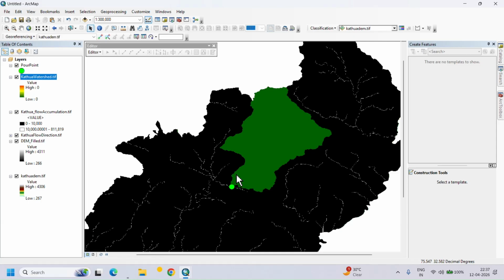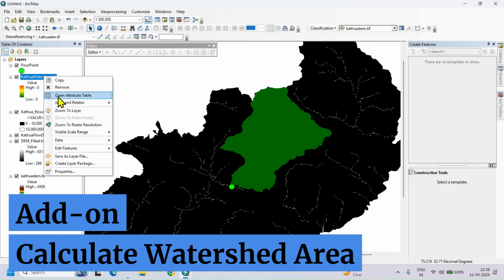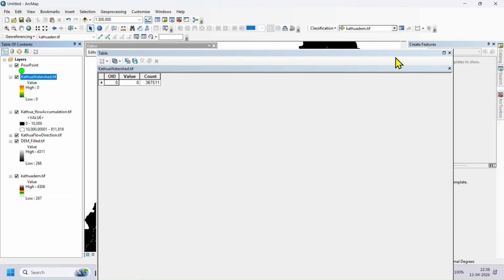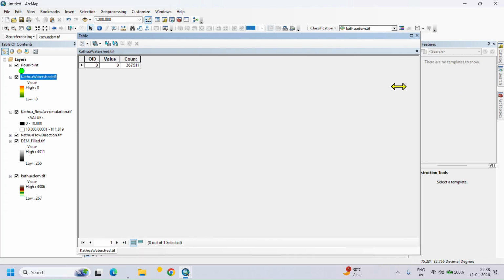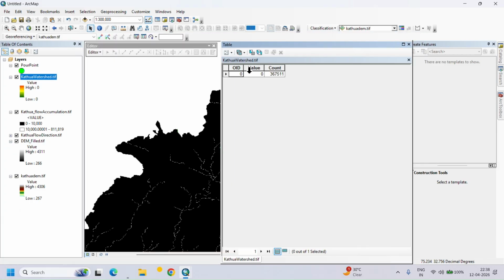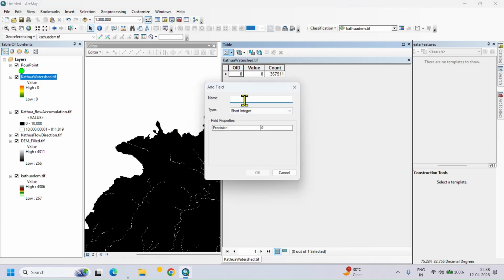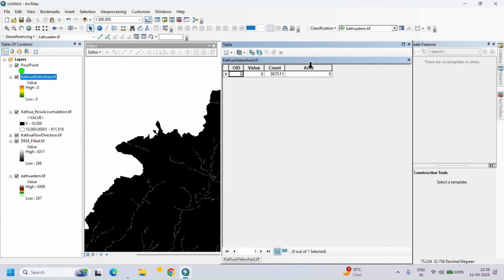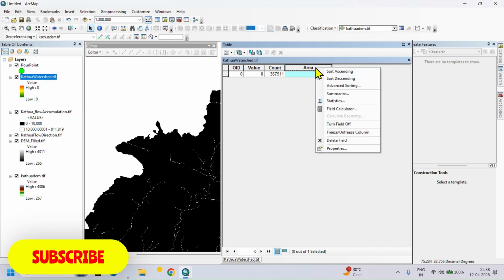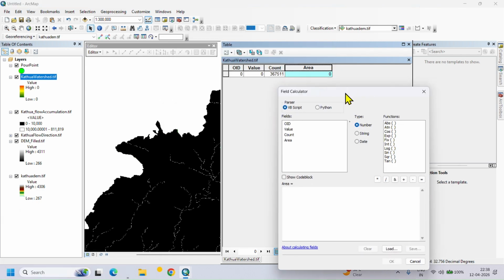So this is the pore point, and I want to calculate the watershed area. So right click on the layer, go to open attribute table. So this is the attribute table you can see for the watershed area we just created. From this table option, click add field and name the field as area and make it float and click OK. So you can see there is another column here. Right click on this column, go to field calculator, click yes, and